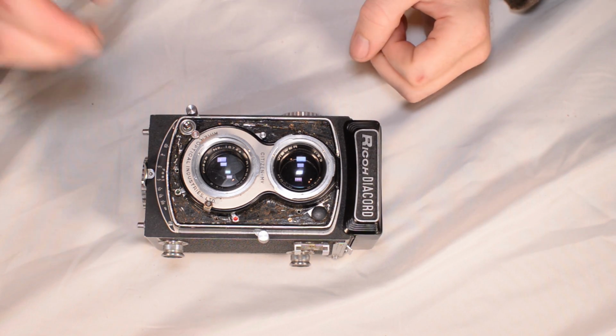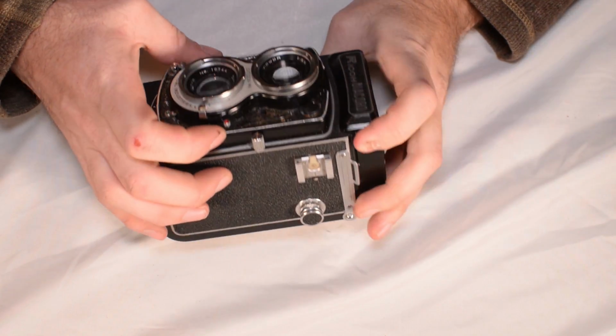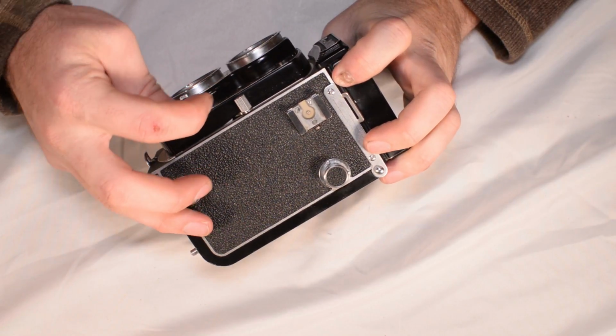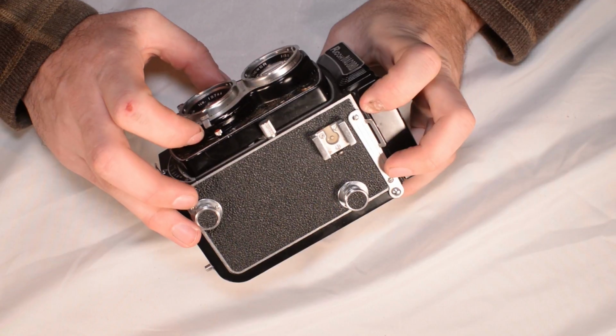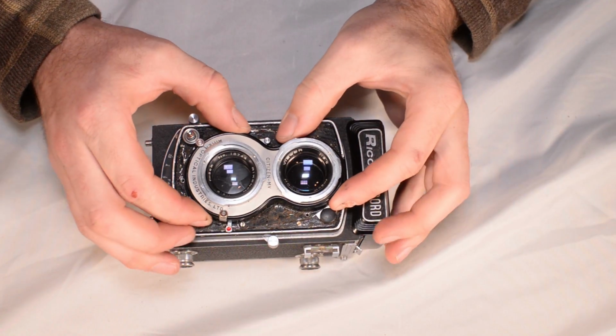Okay, with those 5 screws removed, I should be able to lift this cover off. But what I'm going to have to do to do that is move the self-timer mechanism over to where it can fit in the slot. I doubt you can see that on video, but if you had one of these cameras in my hand, you would see what I mean. So with the timer moved,